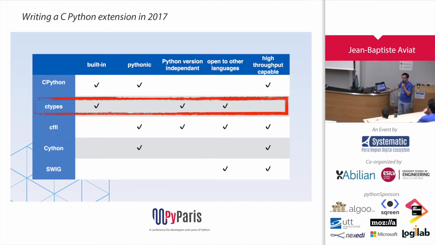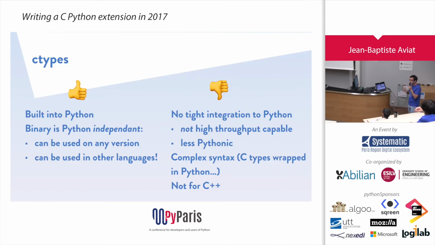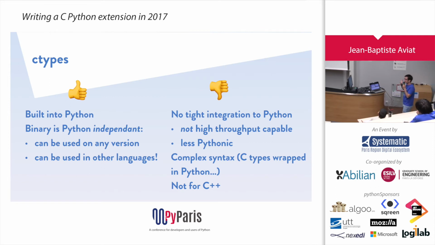The choice we've made is ctypes. Given our schedule, it appeared to be the most relevant choice to us, because you do not rely on a specific version of Python. You can compile your object once, and it will run with all versions of Python. It's a huge win of time because you don't have to test it extensively with all the different versions of Python. You have only one object, so if you test it once, you know that your binary object is validated.